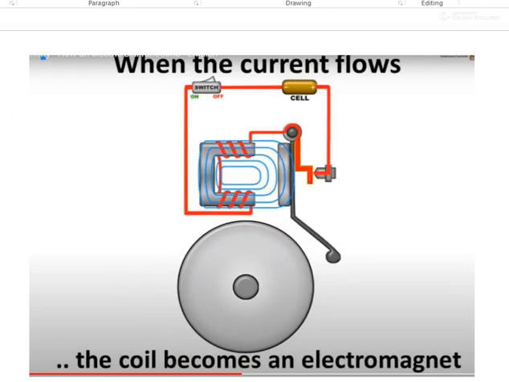Is this concept clear to everyone? This is the concept of an electric bell. Due to electric current, magnetism is produced, that is called an electromagnet. And what does the electromagnet do? It pulls the iron strip back and comes in contact. Because of that, it gives the sound of a bell. And these actions go on continuously and we are able to hear the sound of a bell.